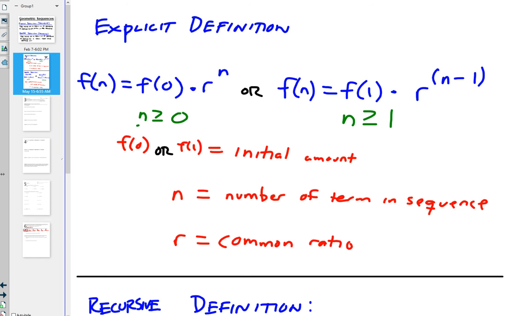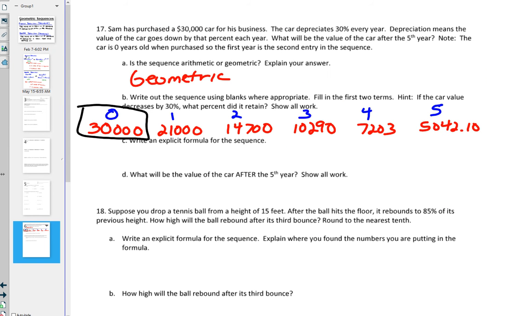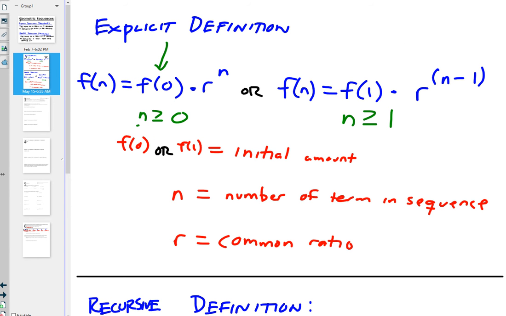Well, if you know a number that came before your sequence, which in this case we do, before any time has passed, then you could use this one here. So long story short, if you want to use 30,000 as your first number, you would have to use this one here because that 30,000 is before any time has passed. If you want to use the next number, 21,000, as your first number, then you could continue to use the one that we had been using before. Really the only difference is the exponent, whether you put n or n minus